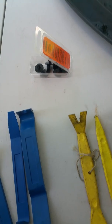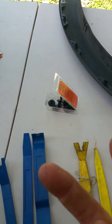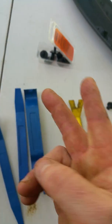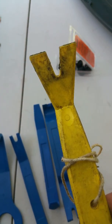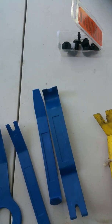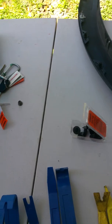So I actually had to get some flat needle nose or dikes. I don't know what else to call wire cutters. They've always called them dikes, but get it up under there gently and then rock it upwards to disengage it. But these are not as good as the metal one, which I lost in the move. So that's it. Just be very careful when you buy these, and always take an example with you and make them